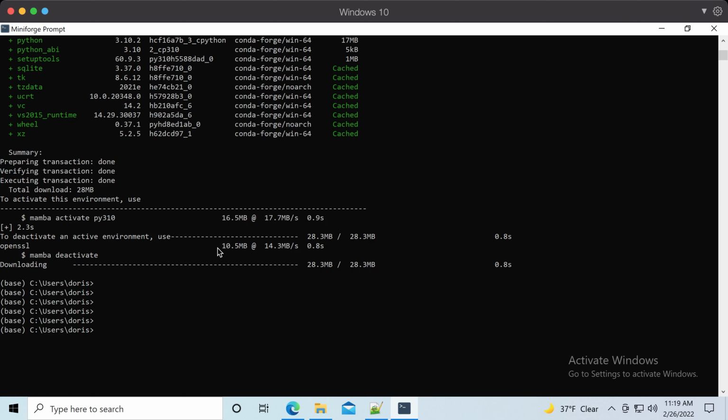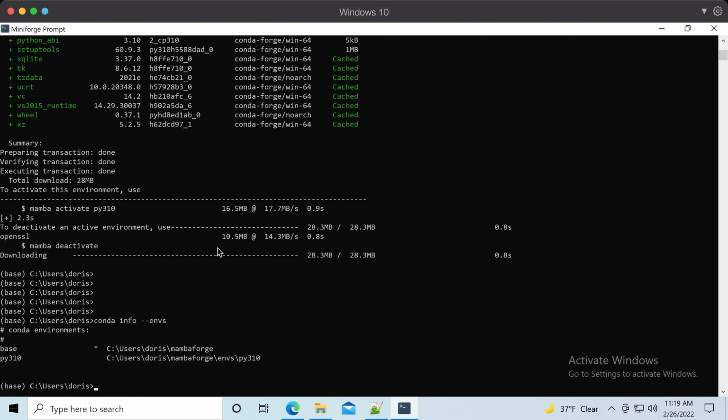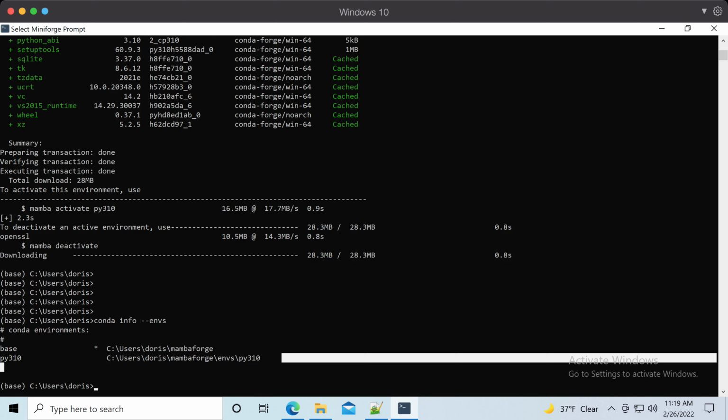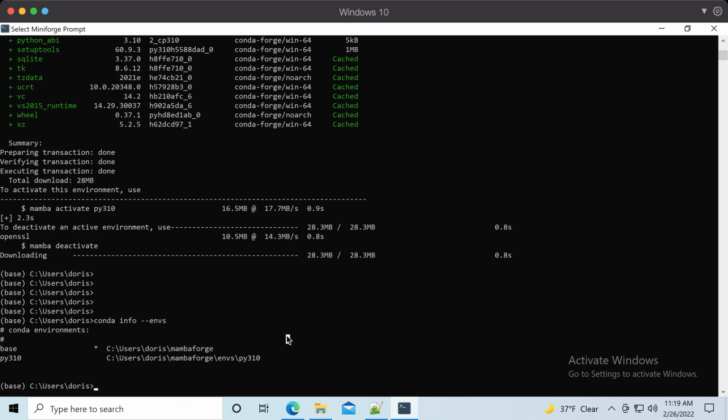Now it is done, and let's do the conda info env again. Let's see. So now we see that another environment has been added, and it is here. And how can we switch to the new environment? It's mamba activate